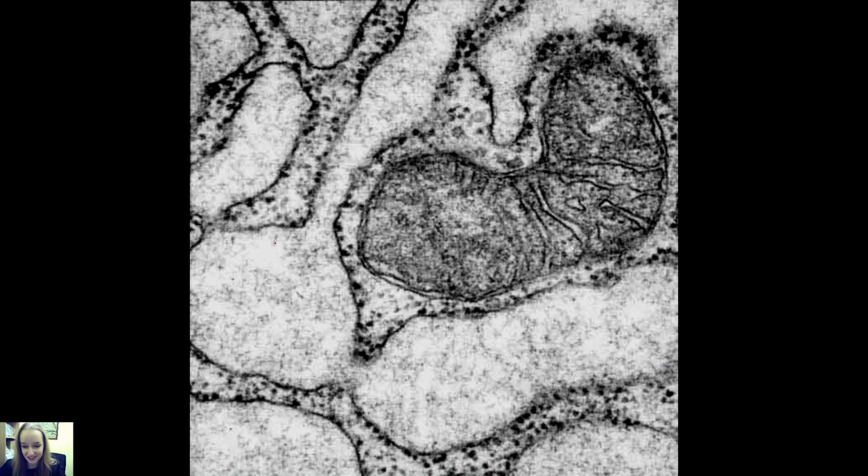Very important is this picture from the electron microscope, because this is a part of the cytoplasm of a plasma cell, and you should know this. There is a mitochondria, okay, but mitochondria can be found in most of the cells of the human body, so that's nothing special here. But what is very special is this rough endoplasmic reticulum over here, which is very white. It's very white,